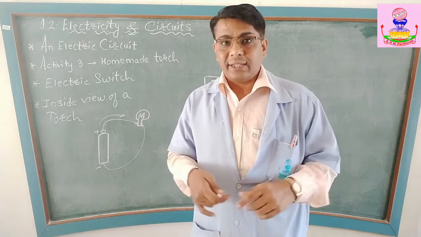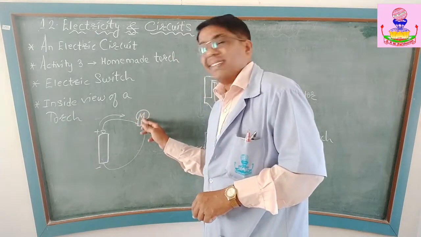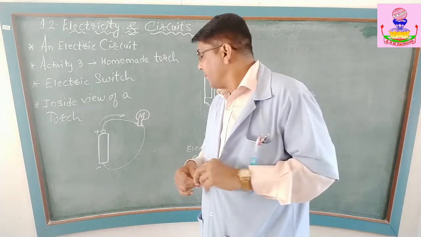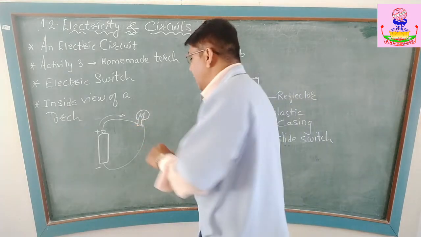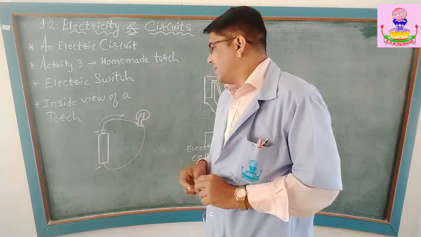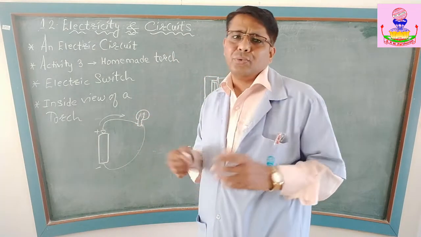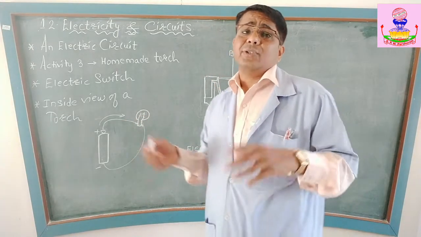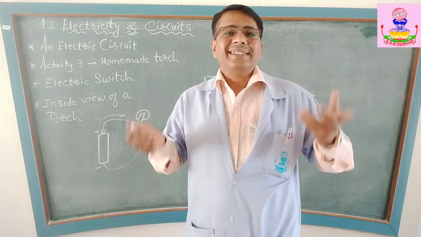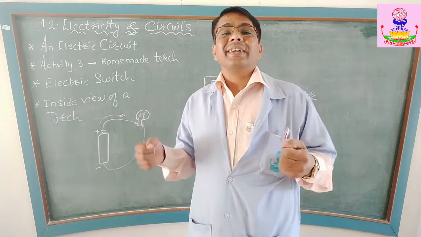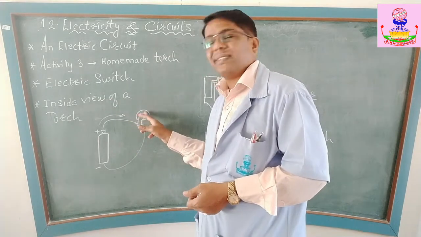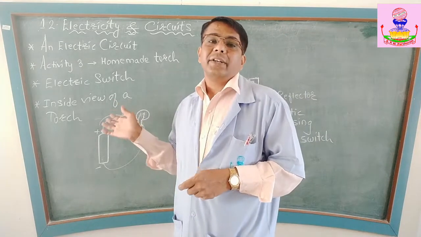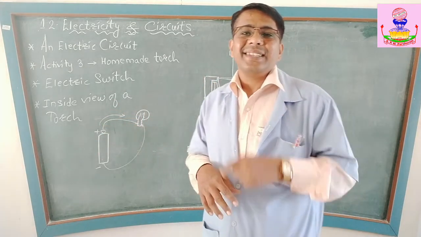Heating effect of electric current. When you pass the current through this filament, it gets heated and emits light. So we get light. But what happens if the filament is broken? Is the circuit completed? No. So current cannot pass because the circuit is not completed, and so how will the bulb glow? As there is no filament, there is nothing to get heated and emit light. So the circuit is incomplete. As a result, electric current does not flow, and because of that the bulb does not glow, because the filament is broken.